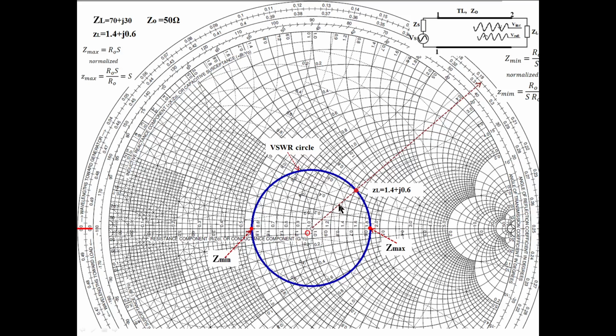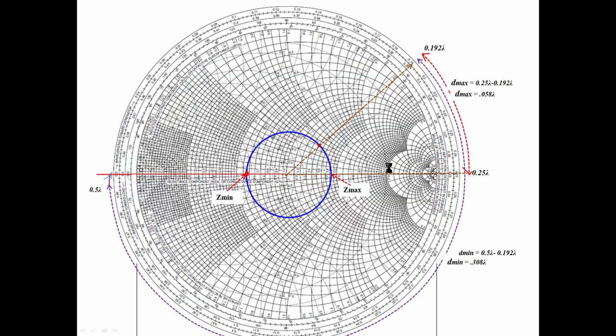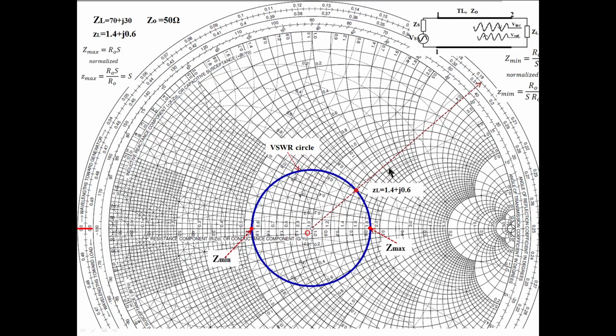There may be a question: find the reflection coefficient and VSWR. Once we find the reflection coefficient, to find the VSWR, what we have to do is compute 1 plus the magnitude of tau divided by 1 minus the magnitude of tau. We will get the S value. S, or VSWR, is equal to 1 plus the magnitude of tau divided by 1 minus the magnitude of tau. Then we will get the value of VSWR.